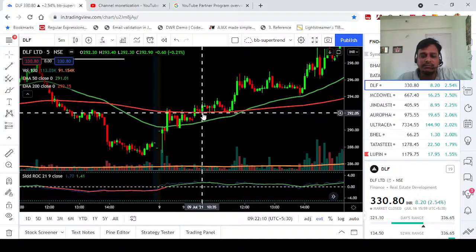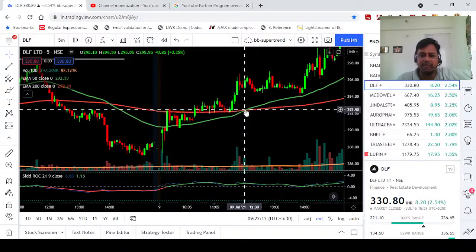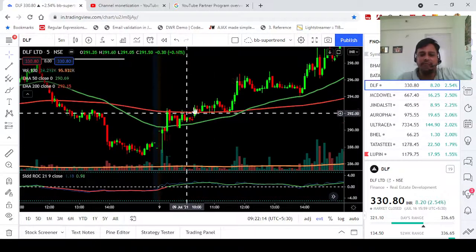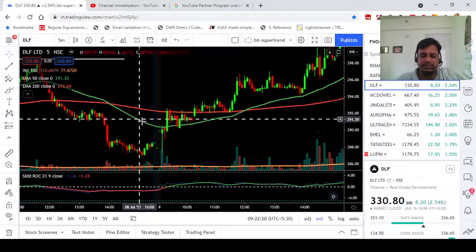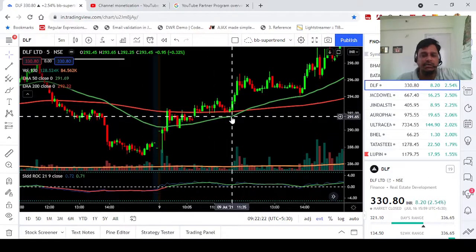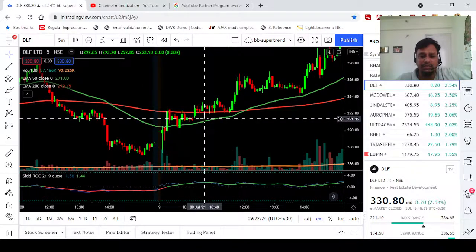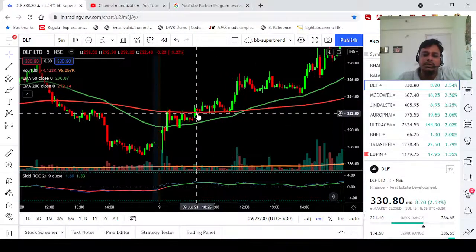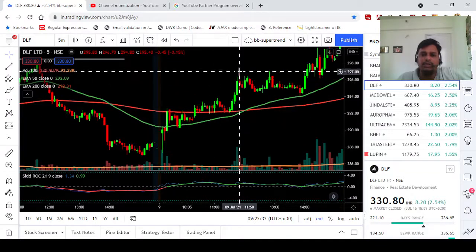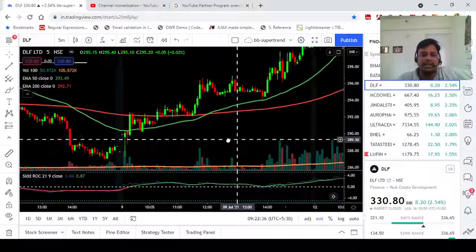Okay, you see that the curvature is almost flat, that means some sideways movement will happen, so don't worry about that. But your 50 moving average, you see that it is going up, so you need not worry that your stop loss is going to hit. Your stop loss will not get hit here. Then what you will do, you will take 1% as a stop loss, and the target will be again 2.5 to 3%.